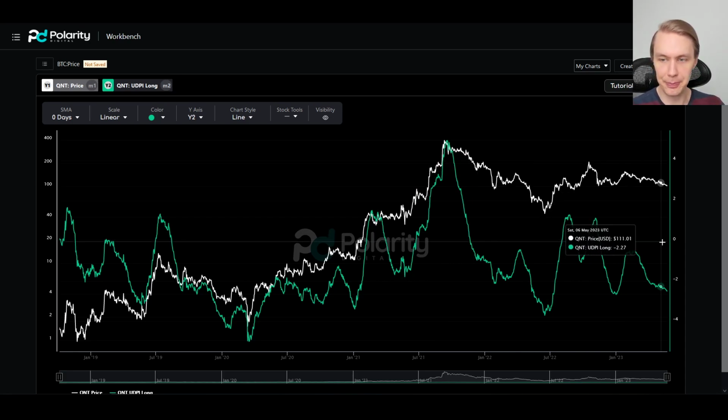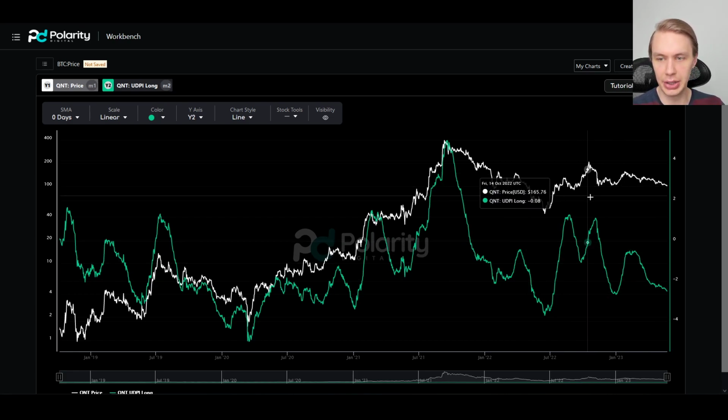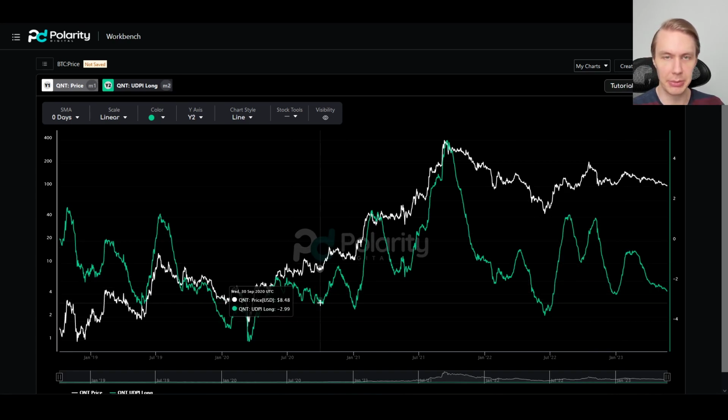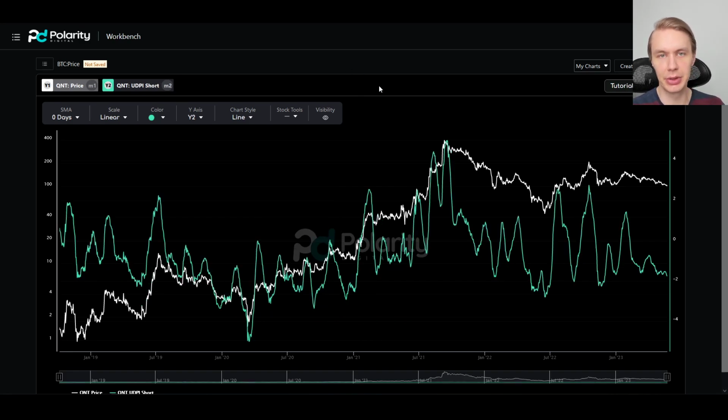But assuming that the conditions will be there for Quant to do well in the next bull market, then the question is just when are the good accumulation ranges? And this model right here is suggesting that right now might be one of them if that were to play out. Okay, so that's more the long-term kind of outlook and things to think about. Let's talk about the shorter term perspective here.